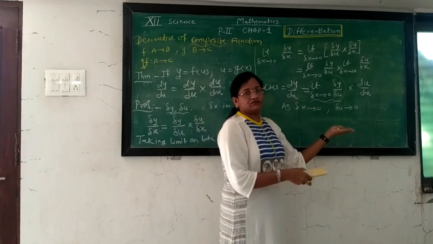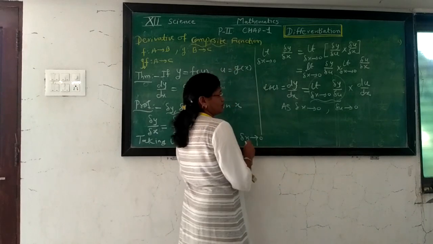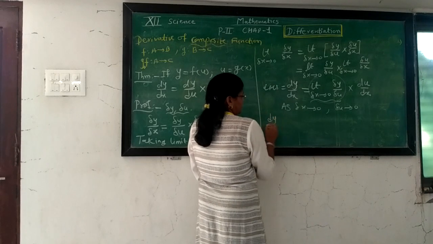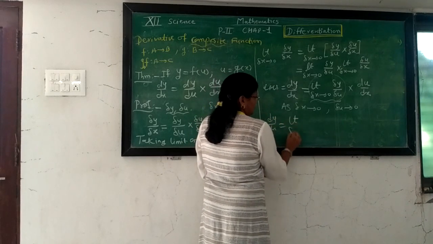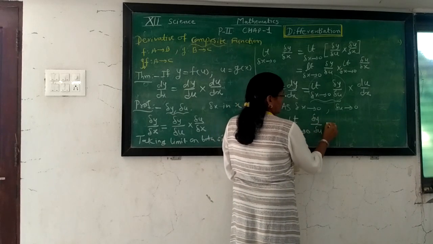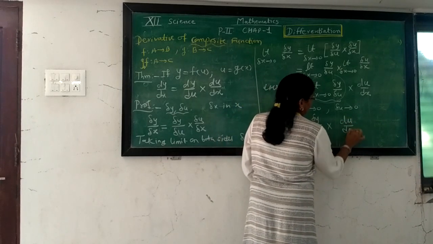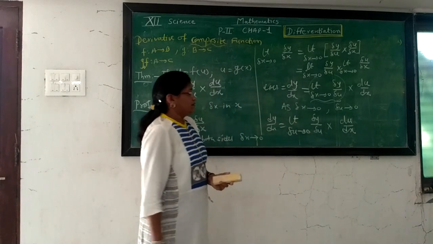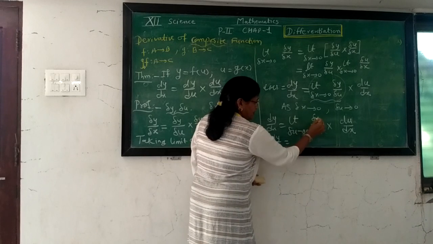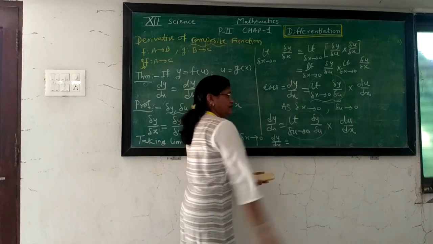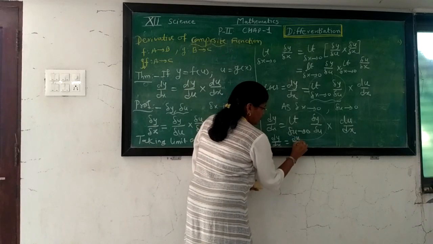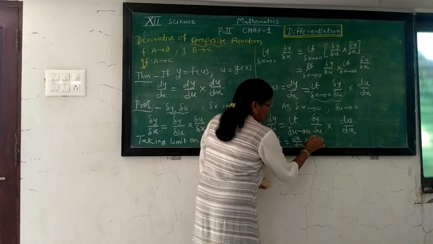So for the right side we take the limit as delta u tends to 0 of delta y by delta u multiplying du by dx. That results in the statement that dy by dx is equal to this limit. For approaching the limiting value, we get du by dx multiplying